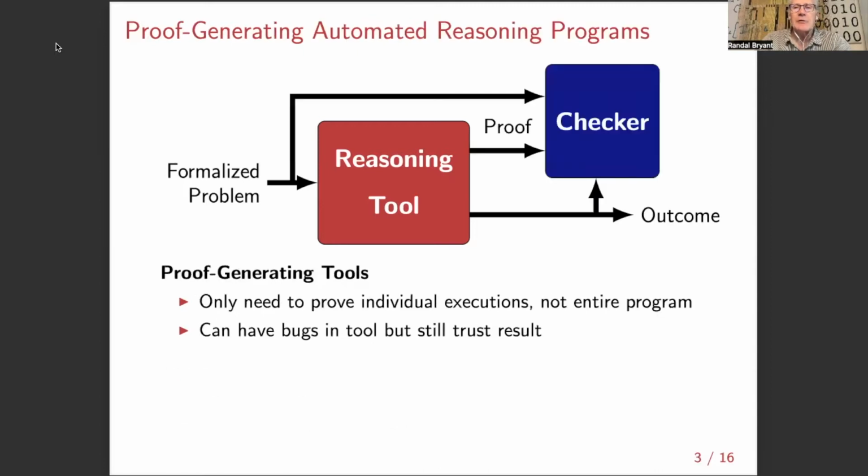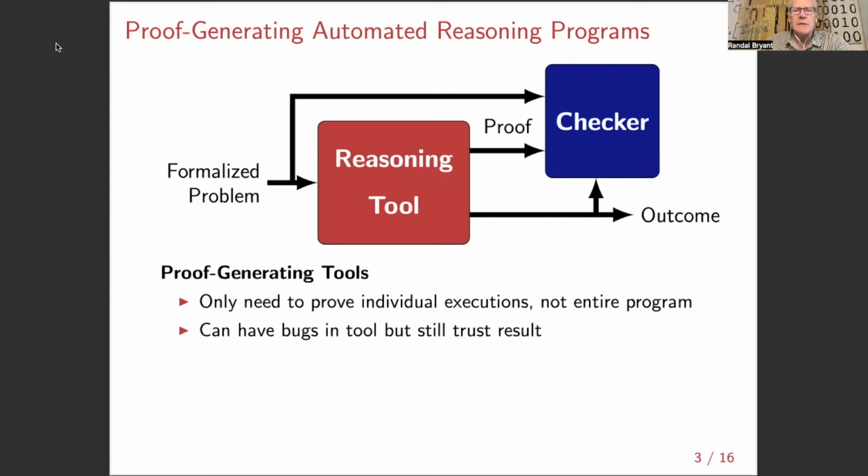So another approach is to say, well, I can't really verify the tool, but I can verify individual executions of the tool. And so what we'll do is require the tool to not only produce some answer, but also to produce a checkable proof that its answer is correct. And we'll do this in some type of framework such that these proofs can easily be checked, even if they're very large. So you might think, well, you've just pushed the problem down the road: you've got a buggy reasoning tool, and now you can provide a buggy checker, right?